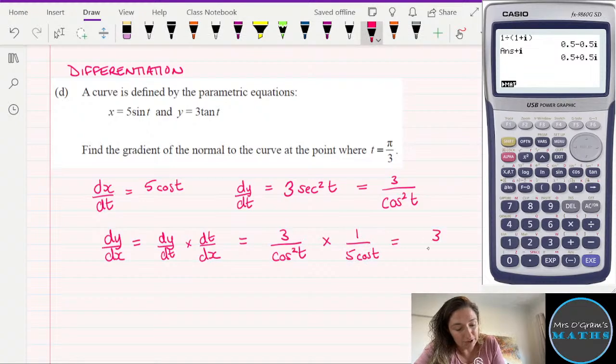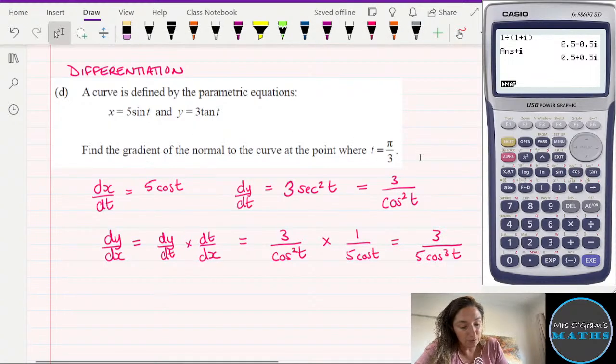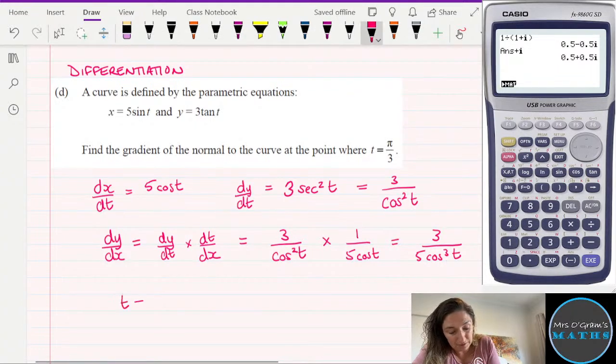So that's 3 over 5 cos cubed t. Now we're doing this where t is equal to pi by 3. So if we set t is equal to pi by 3,